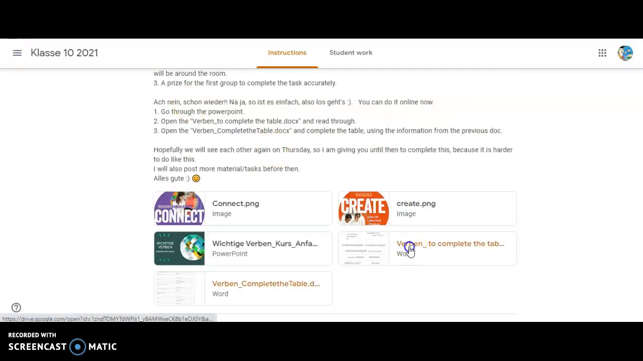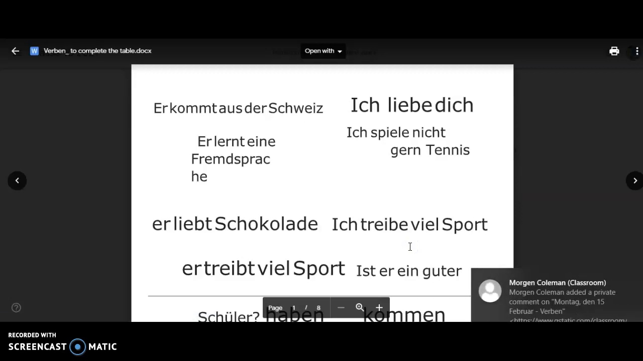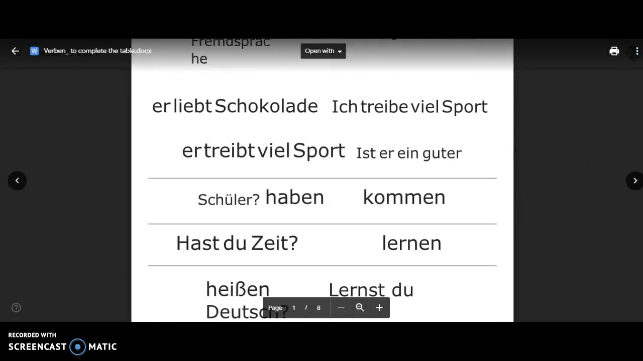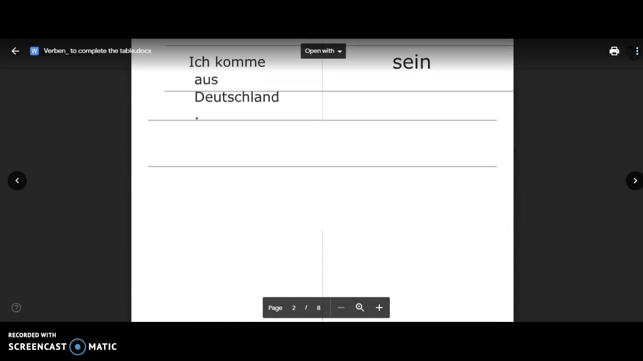You go to this document here. Okay. Kommt aus der Schweiz. Ich liebe dich. Lernt eine Fremdsprache. Ich spiele nicht gern Tennis. Und so weiter und so weiter. Yeah. So basically, they're all the German parts. And when you go down,